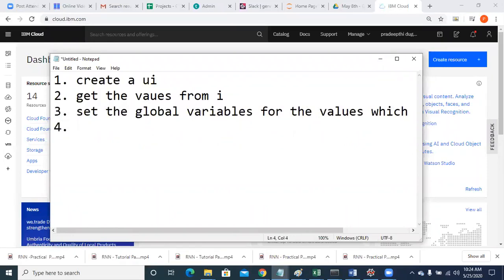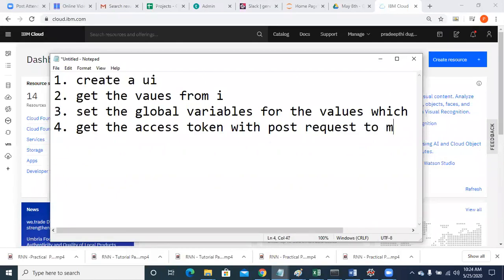Fourth point is to get the access token with a post request to ML service.